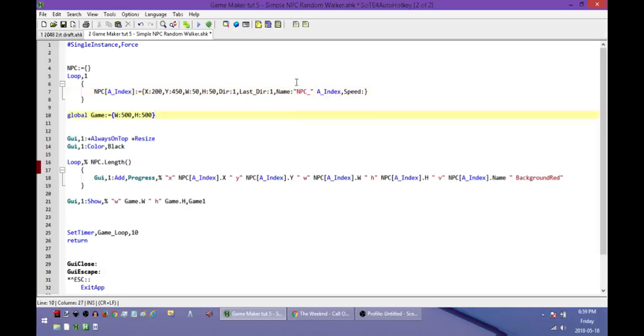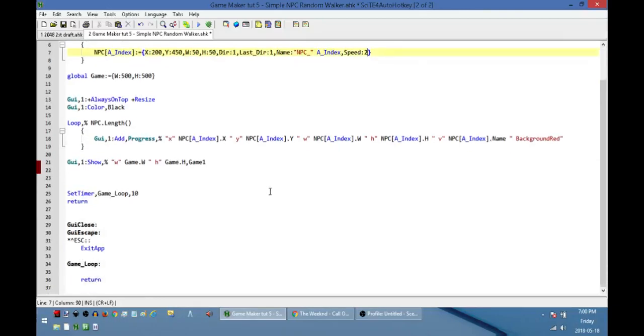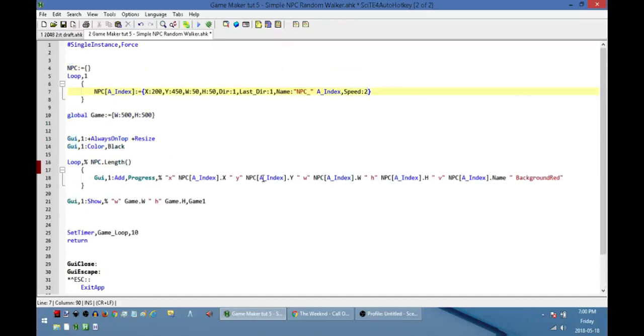Okay. So its name is NPC. The first time it's NPC1, NPC2, NPC3, etc. We'll set its initial speed to be 2, and then maybe later on we'll play around with that. Okay, I think we have, knock on wood, enough here to actually run a test